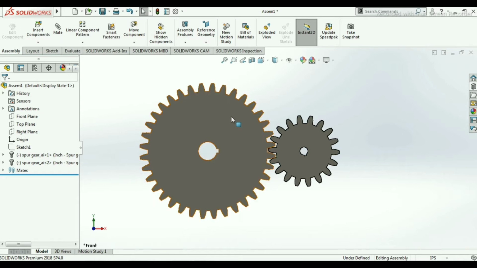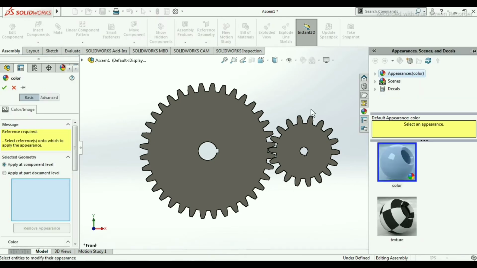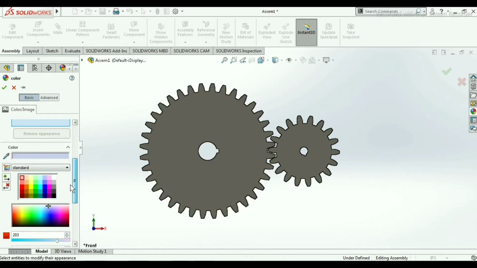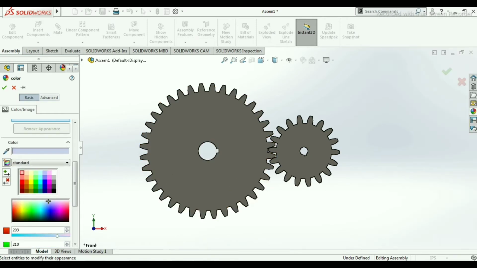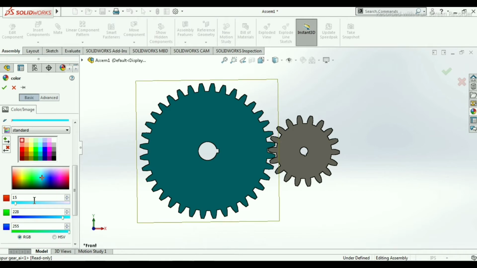Now we will give some appearance to spur gear. So click here, edit appearance, and in this color we have to put some color. So we will give for blue color in this spur gear.